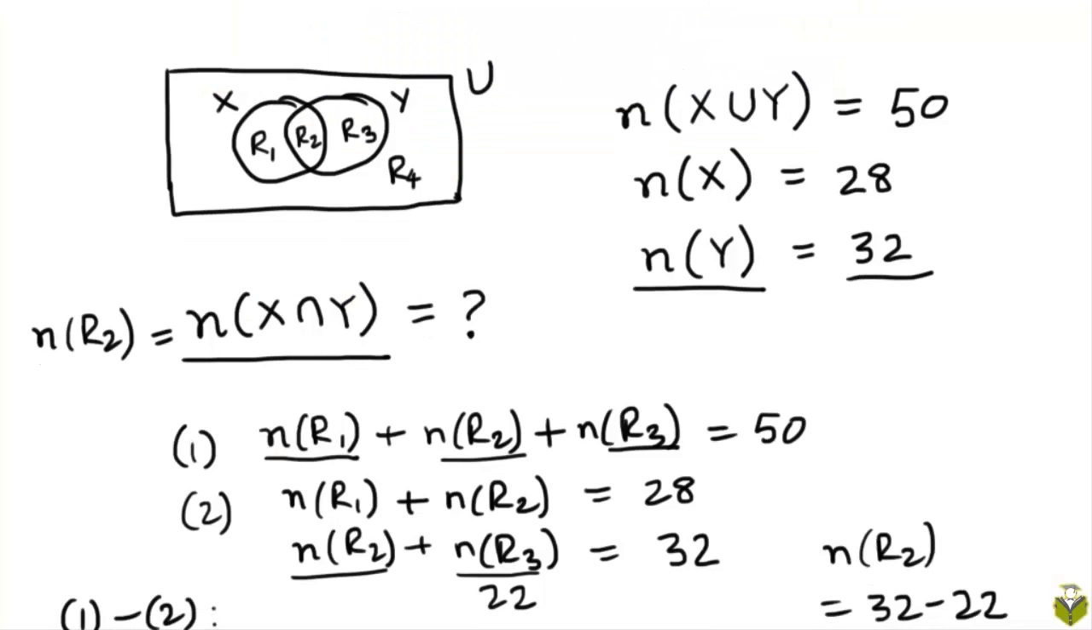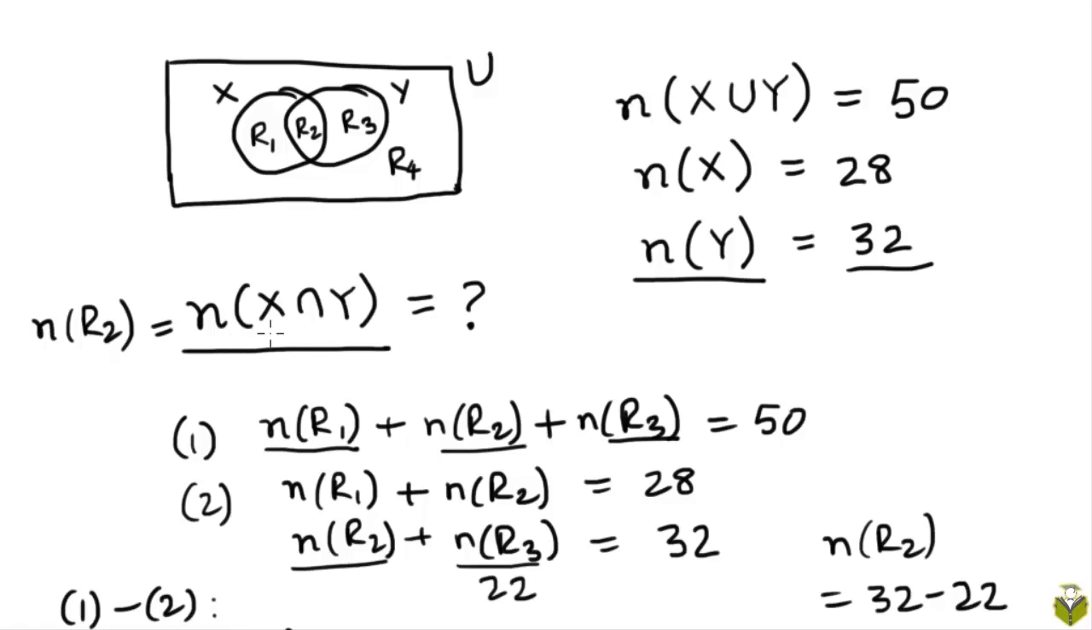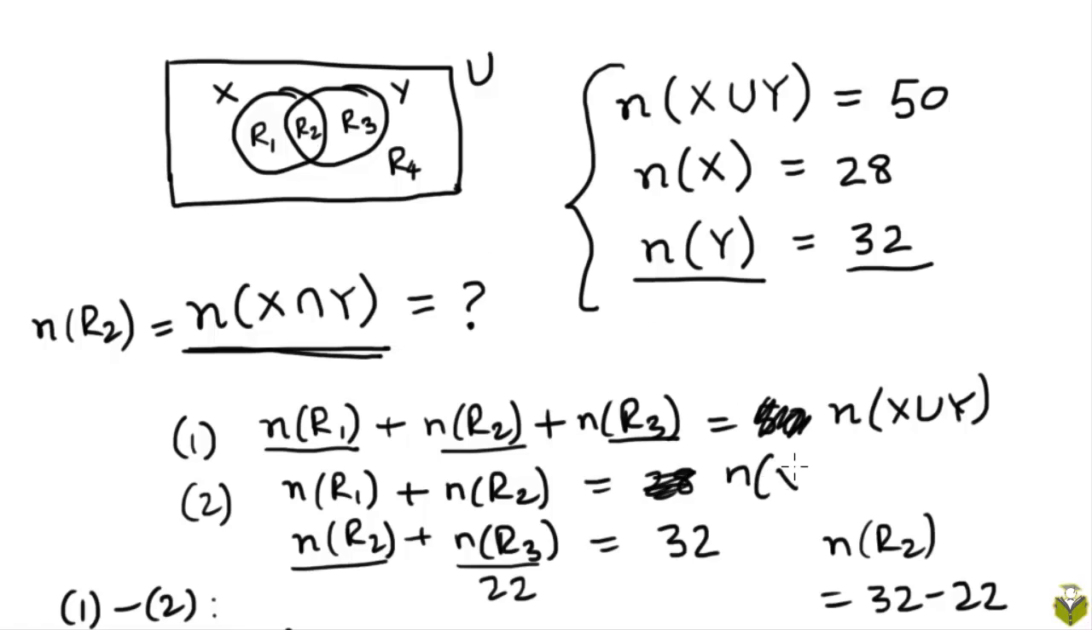Now let's come up with a general formula for calculating the number of elements in X intersection Y in terms of these three numbers. So instead of 50, let me just call it n of X union Y, whatever that value is. The number of elements in R1 and R2 together would just be the number of elements in the set X, and the number of elements in R2 and R3 together would be the number of elements in the